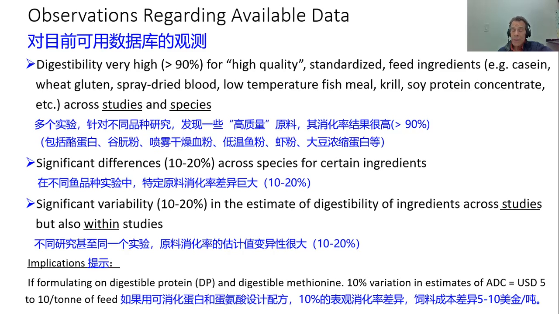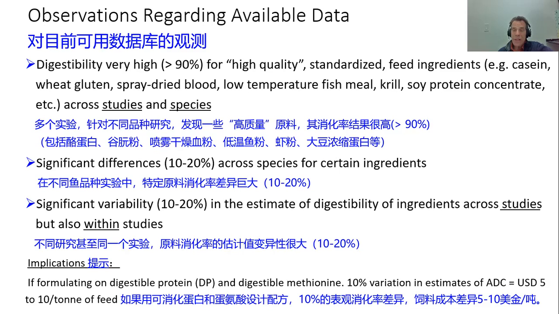You can find significant difference across species in the digestibility of certain ingredients. But you find the same kind of variation across studies with the same species, or even within studies with the same ingredients, but coming from different origin or different batches of the same ingredient. So that 10 to 20 percentage point difference in digestibility of protein actually may not be related to species, but really is a function of the quality of the ingredients. Variation in the quality of the ingredient. We'll get to this later on.